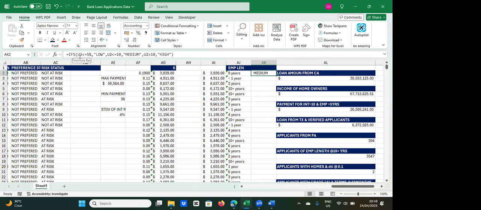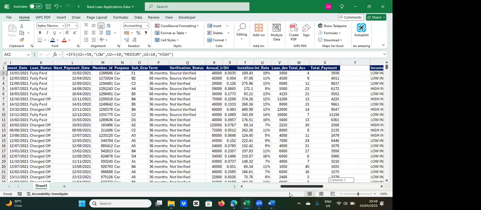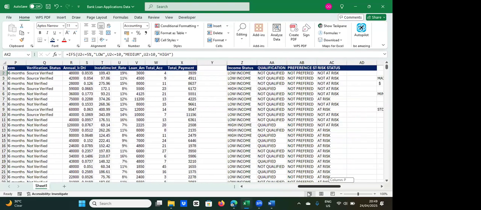So we said if the interest rate, that's this, is less than or equal to 5%, let's call it low, right? That is fine. If that is less than or equal to 10, let's call it medium, and if it is greater than 10, let's call it high. So why is it giving us that? Let's look at it again. Interest rate, all right? If this is less than 5%,